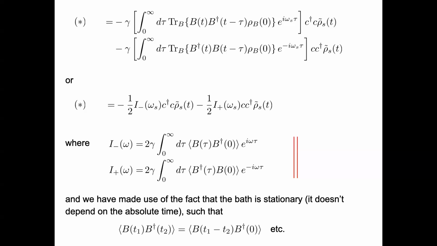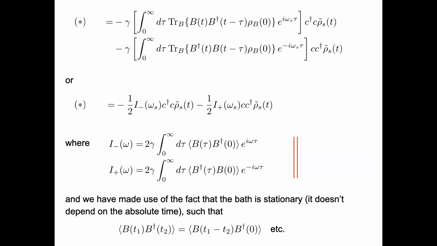Yeah, maybe just let me summarize and then maybe go back to some of the details. Okay, so this would be now one. You see one of these double accommodated terms will give me now these contributions: C dagger C acting on rho with this correlation function of B and B dagger. This correlation function is also there if you're in a vacuum state. And there is kind of an opposite term, C dagger, that has a correlation function which would vanish if I'm in a vacuum state, but if I'm in a thermal state, then this is also there. So I have these two contributions.